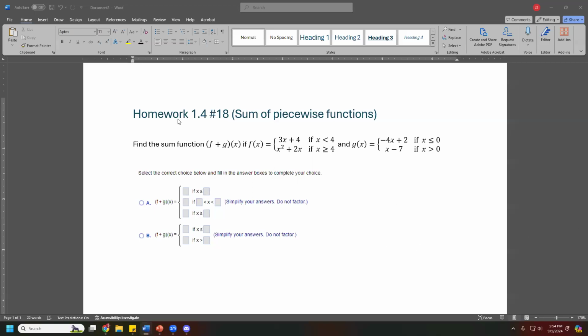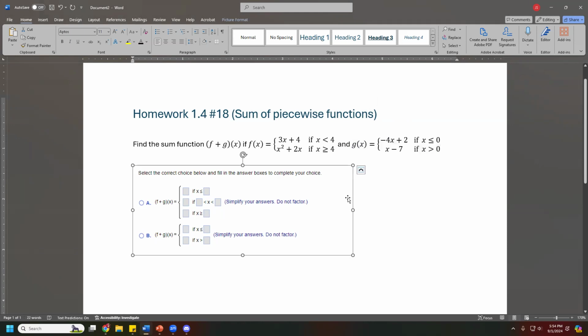Okay, this is how to take a look at number 18 on homework 1.4. In other words, this is the sum of piecewise functions one. You'll know this is the one I'm talking about because it's got f and g that are defined this way as piecewise functions, and you have to figure out how to add them together, which is easy enough to do if you just have f and g defined as one single equation, but when it's piecewise, things get a little